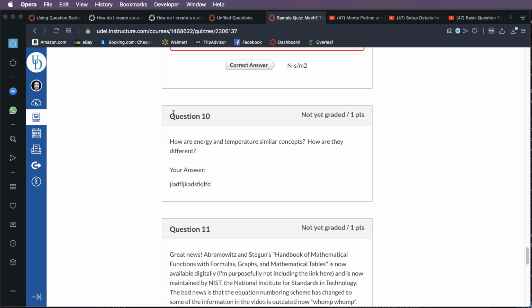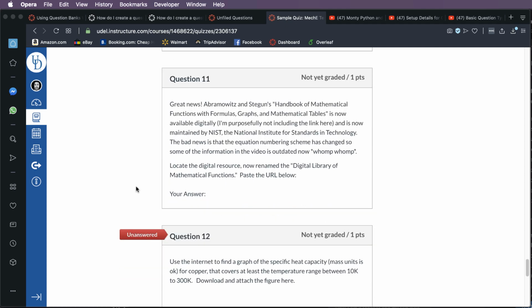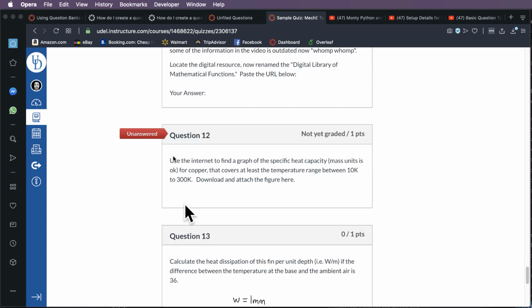If you have an essay question, it'll just tell the student that it's not yet graded. Students actually kind of hate these essay questions, in my experience, because if this was a quiz that only had one question, they would currently have a 0 on the quiz for the essay portion because it hasn't been graded yet, and they have no idea what the grade's going to be. So somebody has to go in and grade it. So I guess I didn't answer the URL question, and then I never uploaded my answer to the fetch quest